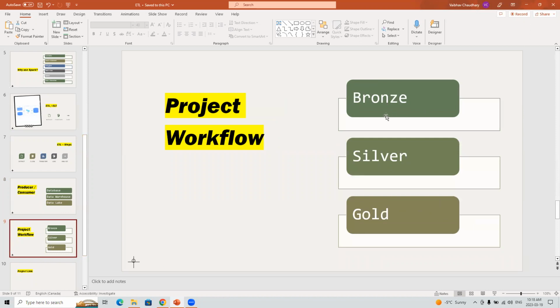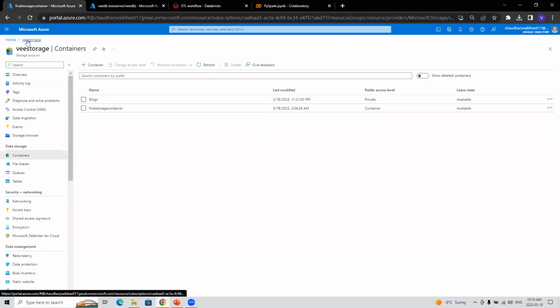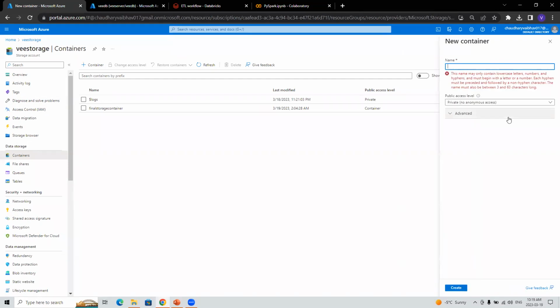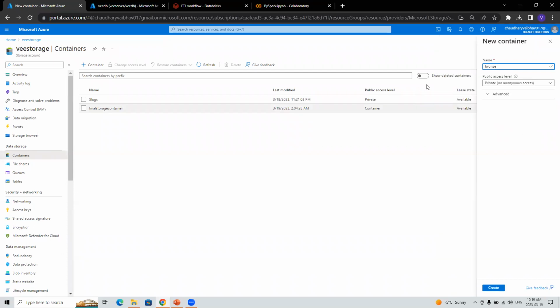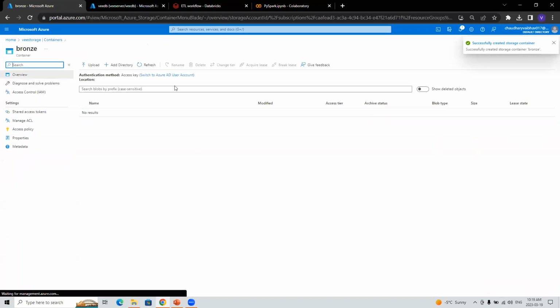So bronze is a layer, you can say it's exactly the same data set, uncleaned. After cleaning the data set and doing some transformation on it, like the file we're talking about, it will go in the silver layer. Silver is again a container inside the ADLS that we can make. I'll show you here. You can imagine the container name as bronze. This is where the actual data is, the bronze layer. And this kind of container will actually be having just unclean files, right? We can place our files here.